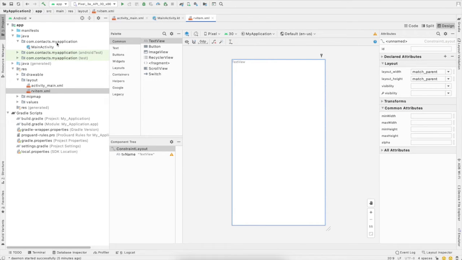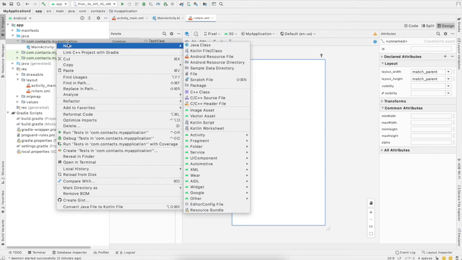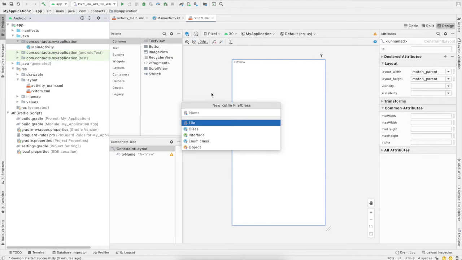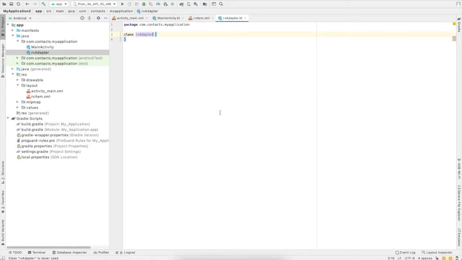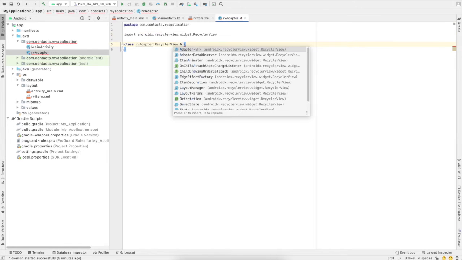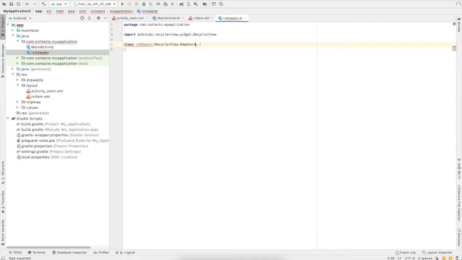Now we can create a new adapter, the recycler view adapter, first. So click on this Kotlin file class button, select this class button and click on the adapter view. Okay, suppose we say rv adapter, so it will create it. Now just follow this guideline. Recycler view dot adapter, now click on it.